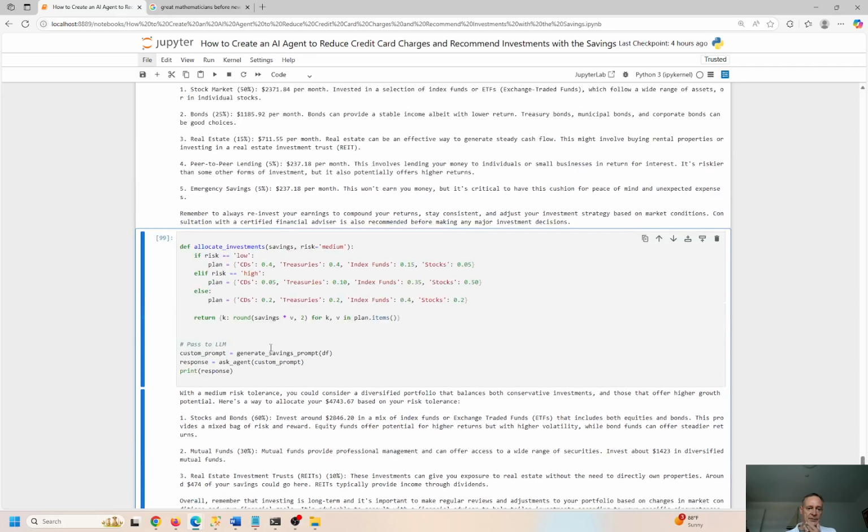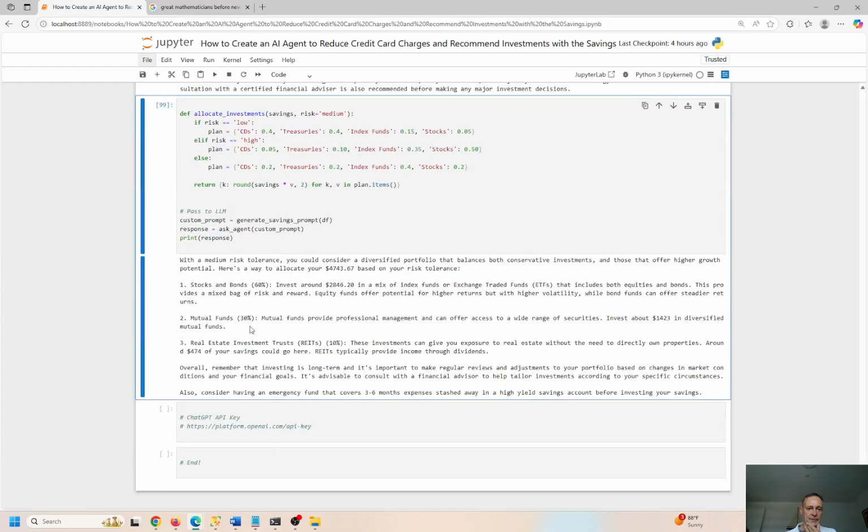What's the takeaway here with the medium risk tolerance? Okay, so it's going on about investment risk tolerance. You can consider a diversified portfolio, both conservative and aggressive: stocks and bonds, 60%, mutual funds, 30%, real estate investment trusts, REITs, 10%.